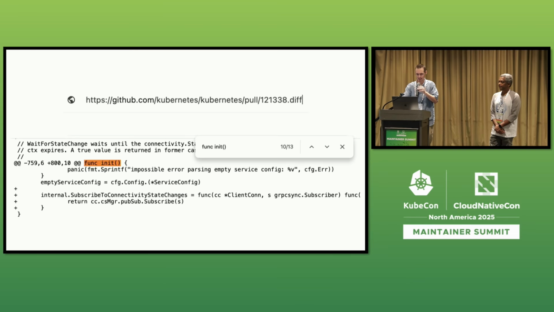As a tip, you can add .diff onto the end of any pull request URL and see the full raw diff, and then just search for func init. That's easy for flattening out stuff if GitHub is struggling to show you a diff. So this is one specific thing we look for.